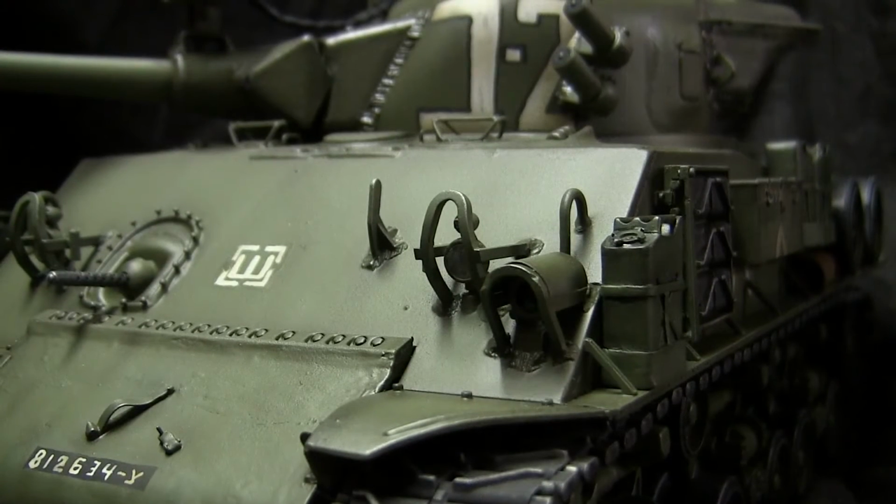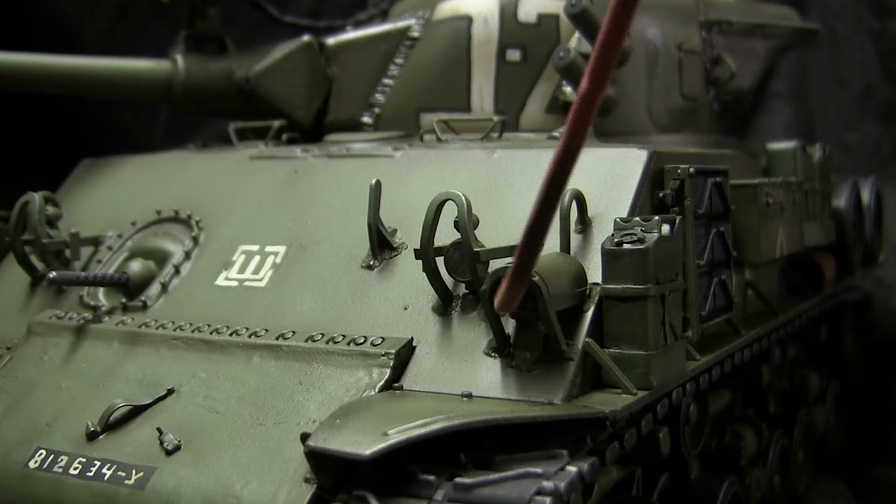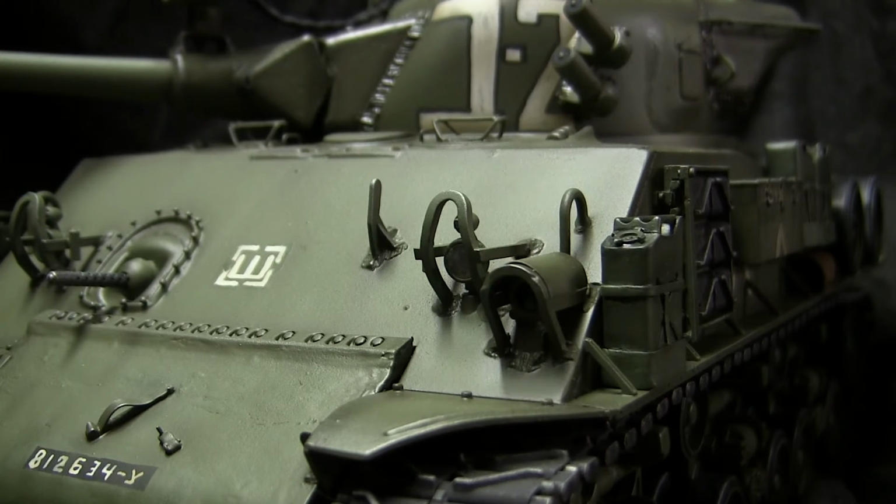Another modification made to make the tank Israeli was that of the tank's siren. On the original American version of the Sherman, there is a small siren that is contained in this caged brush guard in this location here. However, like I mentioned in the other Israeli video, one modification the Israelis made was that they removed the siren and in its place replaced that with a